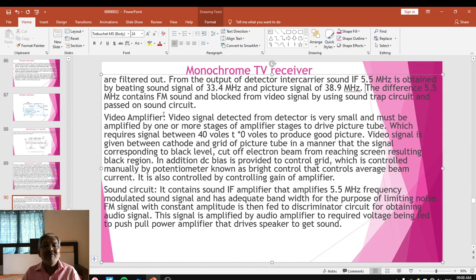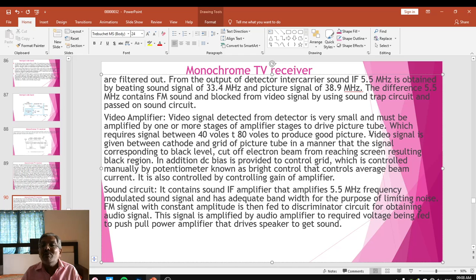Next one is the video amplifier. The video signal detected from the detector is very small and must be amplified by one or more stages of the amplifier to drive the picture tube, which requires a signal between 40 volts to 80 volts